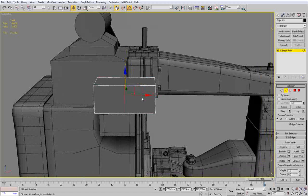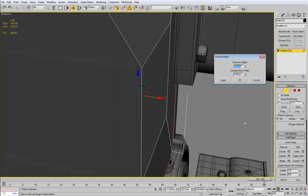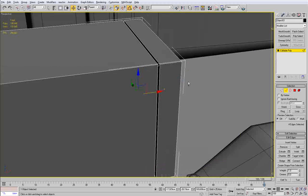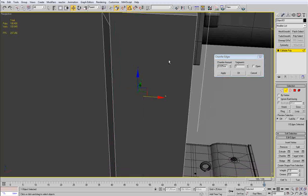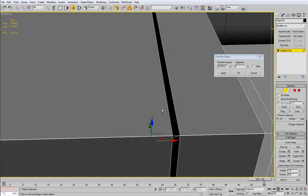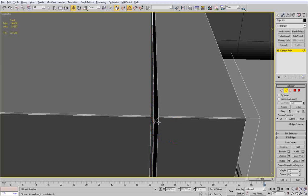So I start now by ring selecting the side edges and connecting them, and with the new edge I'm going to use an extrude here. I'm just going to fix the values a bit. Okay, so I'm going to add a small chamfer here. Oops, I made a mistake there, but yeah, that's the edge. So yeah, a small